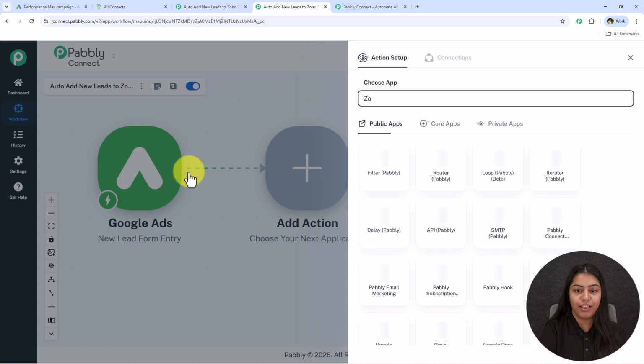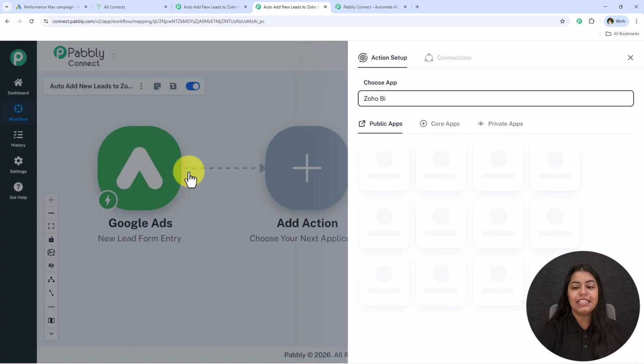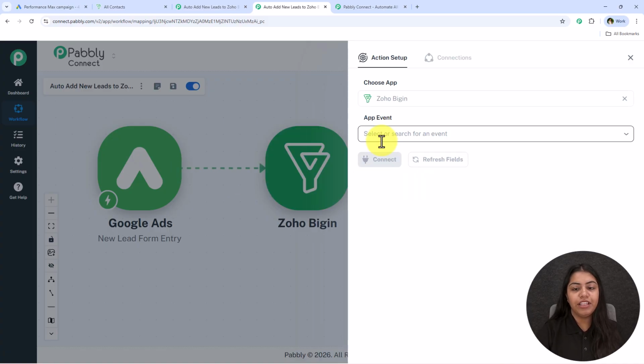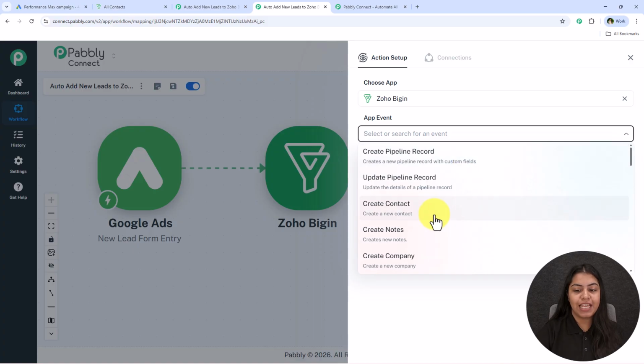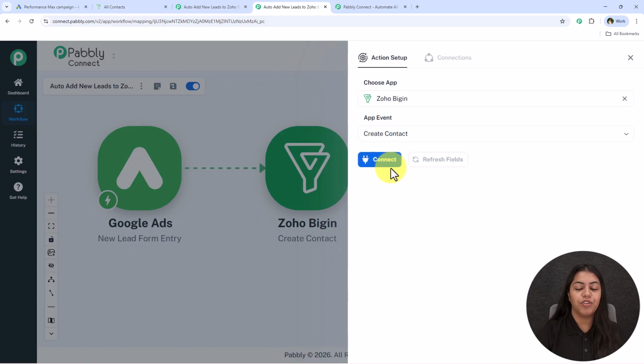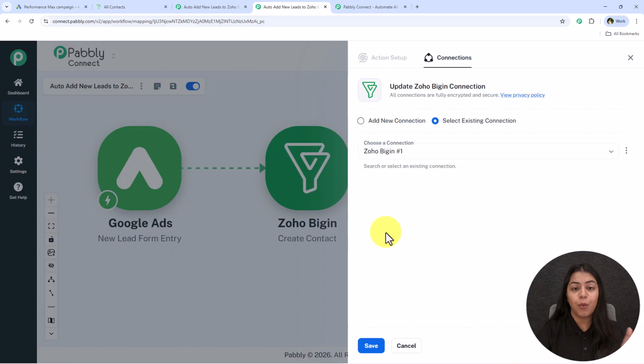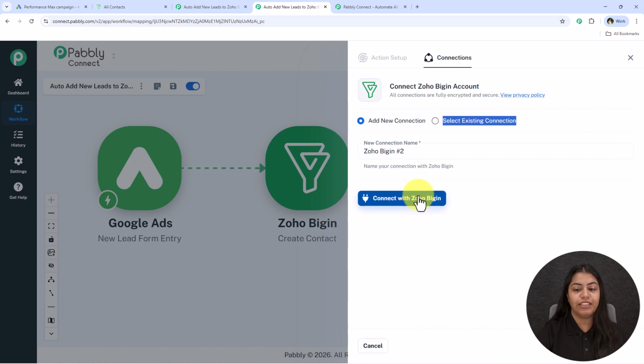step. For the action application, search for Zoho Bigin and select it right over here. For the event, you have to select it as create contact and click on this connect. Now if you've already created a connection between Zoho Bigin and Pabbly Connect, then click on this select existing connection and then save. But if you haven't, follow me, click on add a new connection and then connect with Zoho